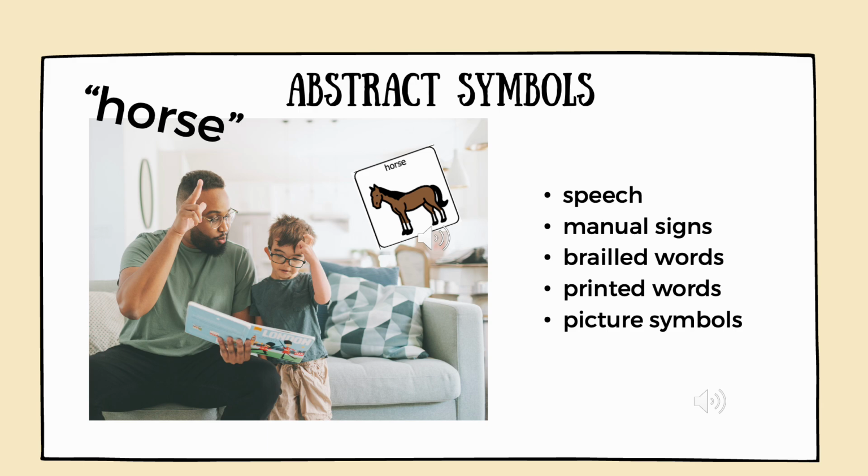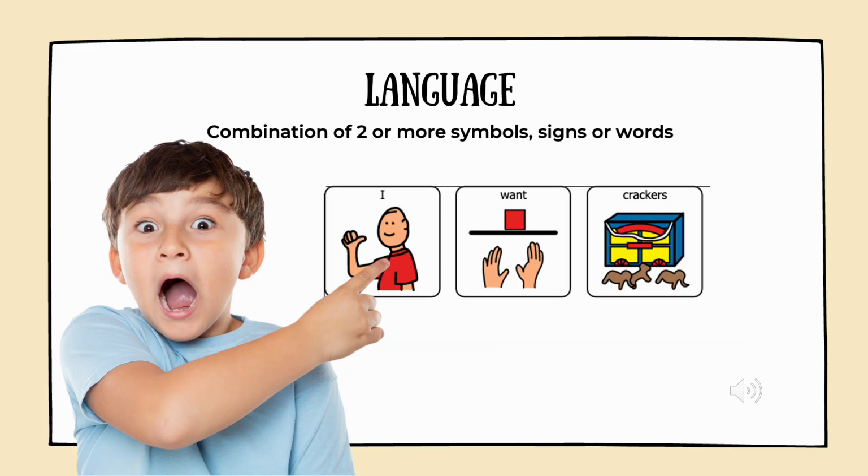These are used one at a time initially to communicate. Our final form of communication is language. That simply means that symbols, either concrete or abstract, are combined into 2 or 3 symbol combinations according to grammatical rules. So the child understands that the meaning of the symbol combinations may differ depending on how the symbols are